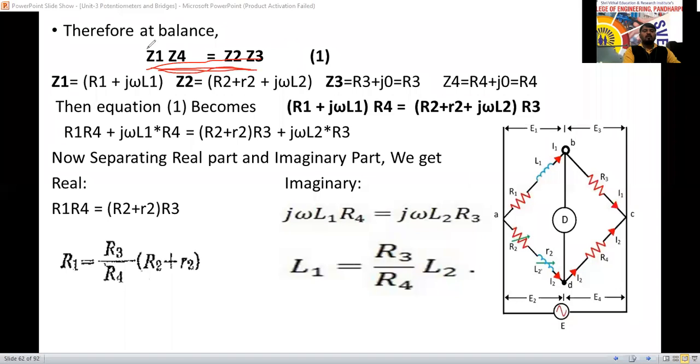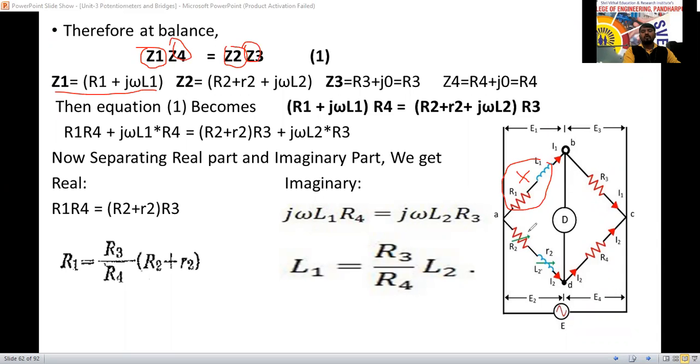Now, what we have to do? We have to derive the equation from the circuit diagram. What do you mean by Z1, what is the formula? What is the formula for Z2, for Z3, for Z4? We have to derive here. Can anyone tell what is the formula for Z1? R1 plus jXL1, and XL1 is nothing but omega L1. So R1 plus j omega L1 we can write. So I have written Z1 equal to R1 plus j omega L1.